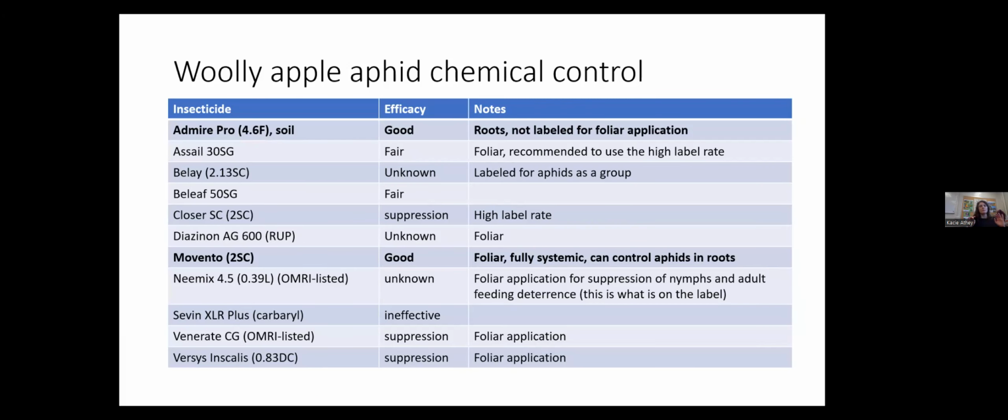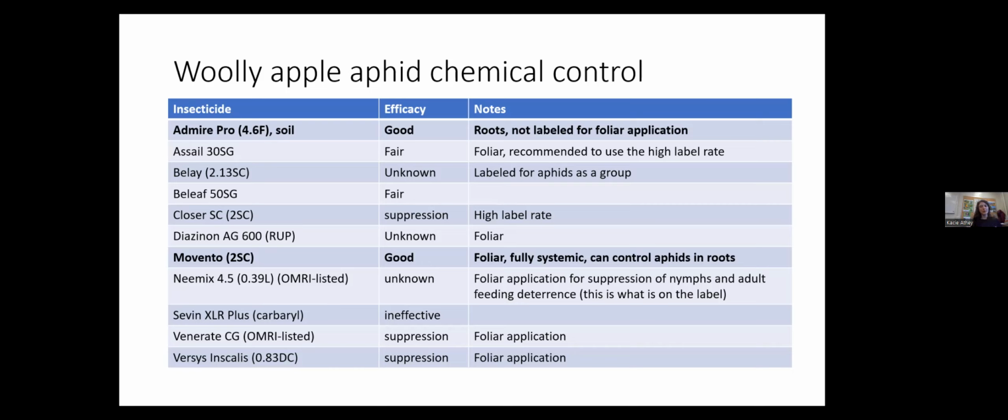So growers used to use a lot of something called Lorsban, which is a pretty broad spectrum insecticide that has been banned for about a year now. And so there are a lot of things. This list pretty much covers the things that are labeled for control of woolly apple aphid. And so it's not an easy thing to contend with.